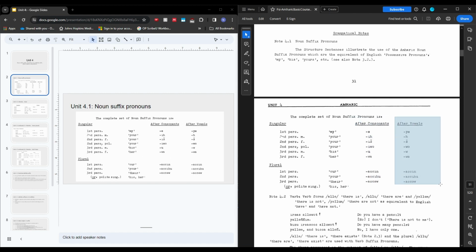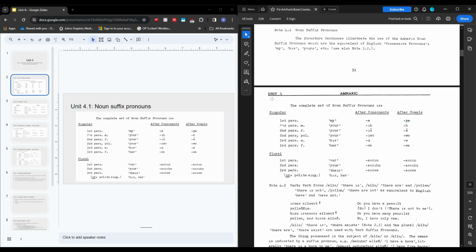For vowel-ending words, it'd be like mekinaye is my car. Mekina, mekinash. Skipping this one. Mekino, I think it's how you pronounce third person masculine, his, but my pronunciation is pretty poor, so you might want to get confirmation for that. Mekinawa, mekinao achin, mekinachuhu, mekinaacho. And mekina is just an example of a word that ends with a vowel.